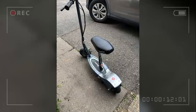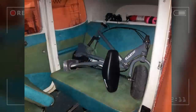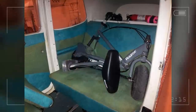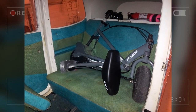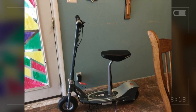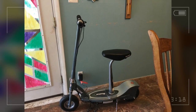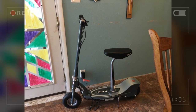However, this ride isn't without its drawbacks. It's quite noisy and chattery, sounding like it's perpetually struggling, which might indicate it's operating at its limits with an adult on board. The battery technology itself feels outdated, likely an older NiMH type. This translates to concerns about a shorter overall lifespan, a memory effect, and a need for careful charging to avoid overcharging, all issues that could be easily resolved with a...